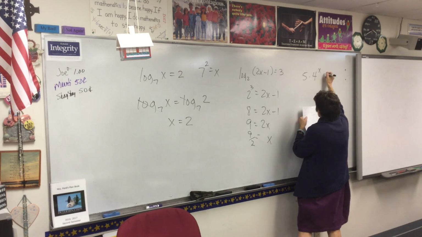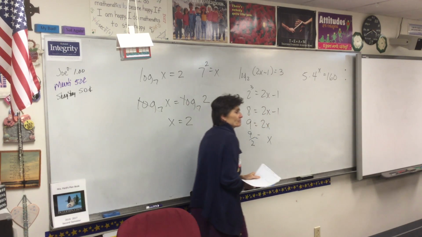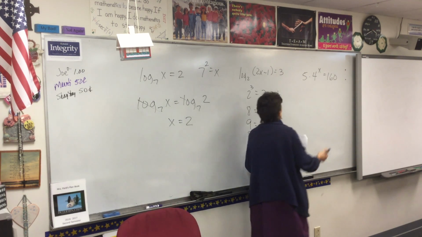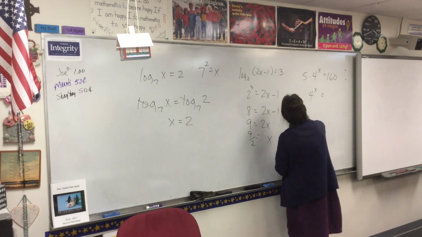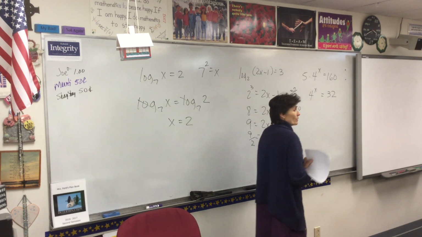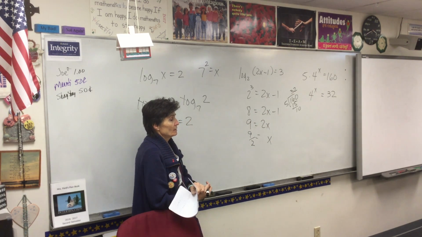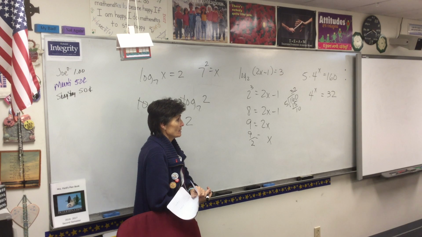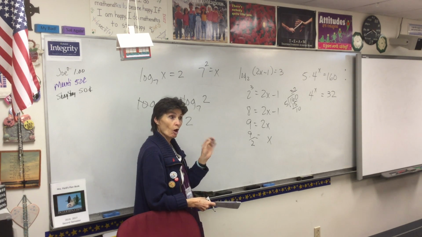How do we solve something like that? Divide by 5, always get rid of that extra number. So 160 divided by 5, oh my gosh, I'm probably going to have to do it over to the side. No calculator, you don't need a calculator, you can divide. Now, you might be thinking about taking the logarithm of both sides, and that would be fine, but this is